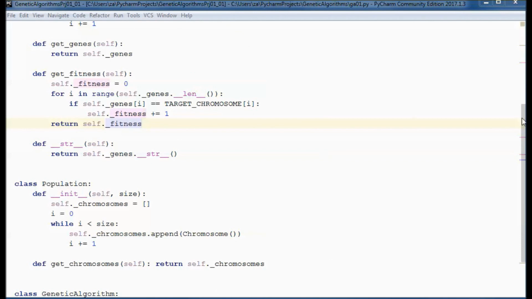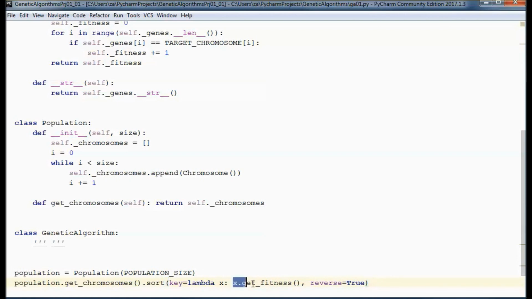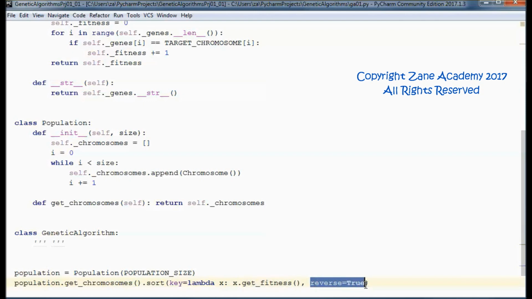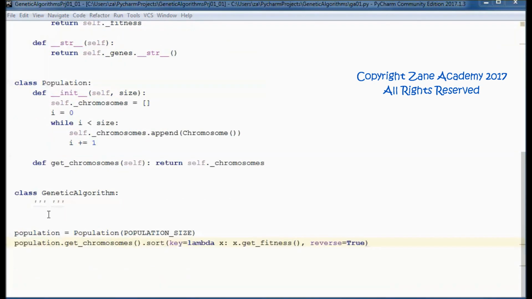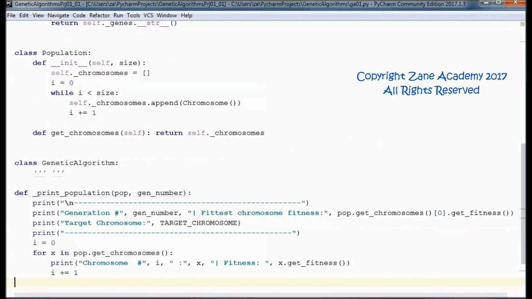Now, before writing the code for the genetic algorithm, let me instantiate a new population given the population size, and I will sort that population by fitness, and the chromosome with the highest fitness will be first, and let me define this print population function.